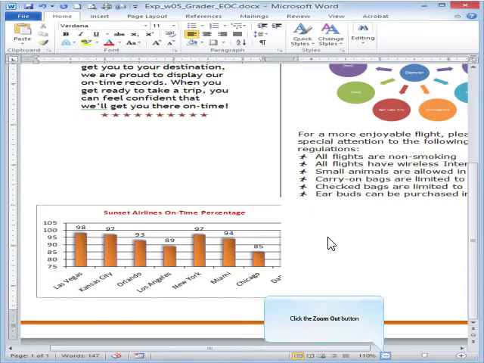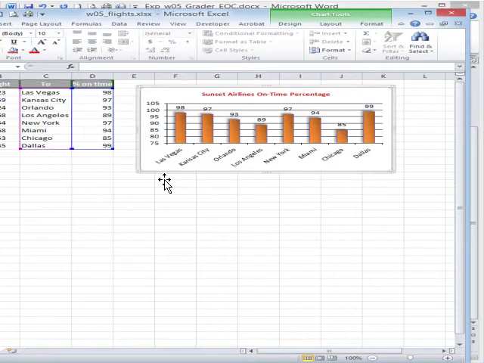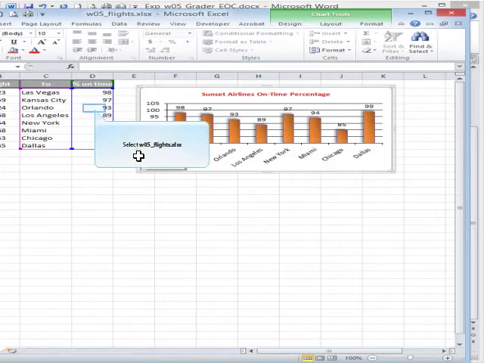Now that should be centered across the page. It's not at the moment, but that's okay. I'll show you how to get that done in a minute. So what it does when it saves as a link, we can actually get back into our Excel chart again,